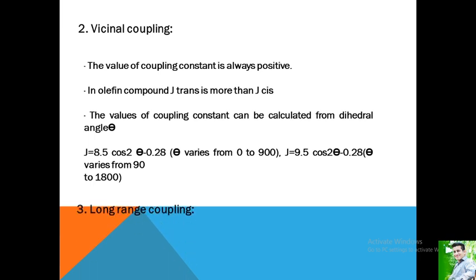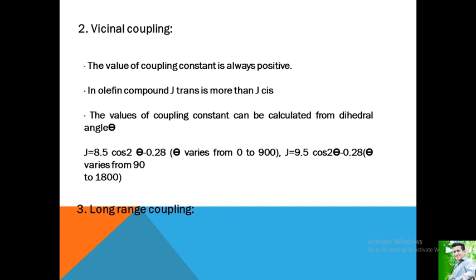The next point is long range coupling. Here we can also call it 3 bond coupling. Usually no coupling is observed if the distance between two absorbing nuclei is more than 3 covalent bonds, but in unsaturated compounds or in fluoro compounds, appreciable coupling is observed with the help of a high resolution spectrometer, even if the concerned nuclei are 3 bonds apart. It is called long range coupling.